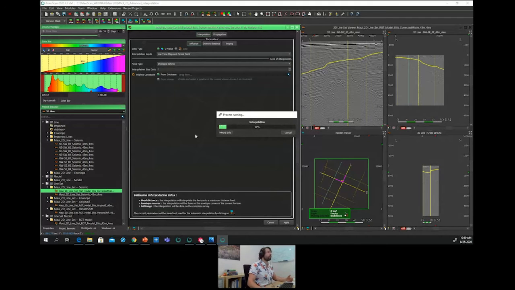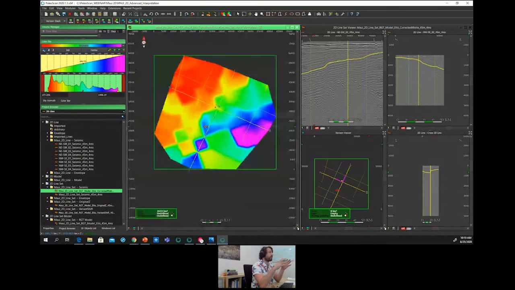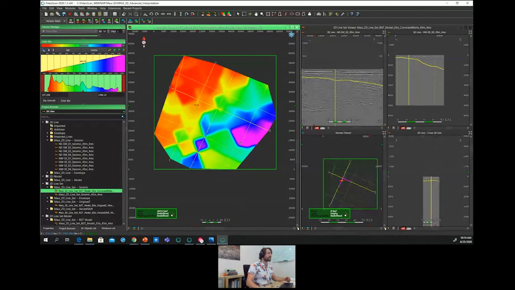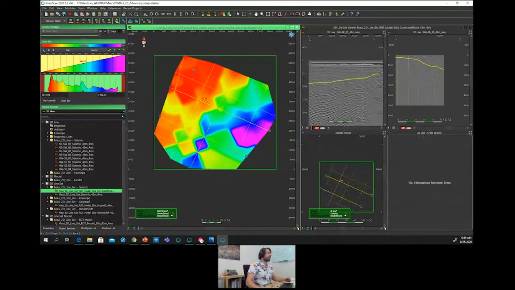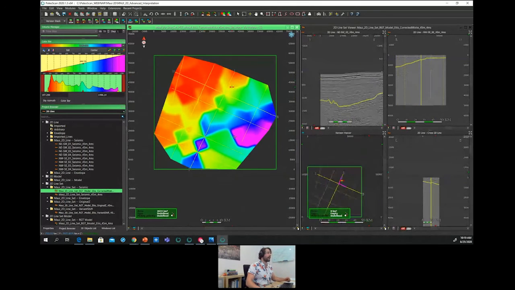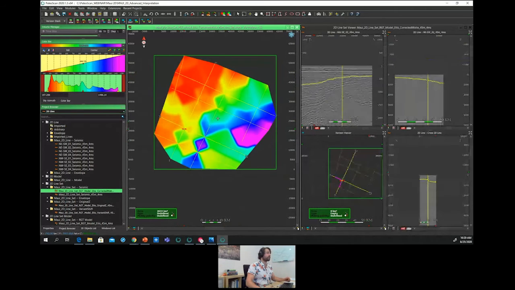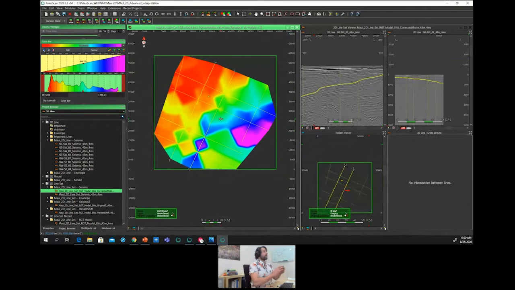Once this is done, we will get real-time 3D horizons, and it will give us an idea concerning the kind of interpolation that will be performed for the full horizon stack. So by doing this, we get a real-time 3D horizon, a 3D isochrone, and we can cross-navigate within the 2D line set. So it gives us an idea and a preview of the kind of full 3D horizon stack we will get.